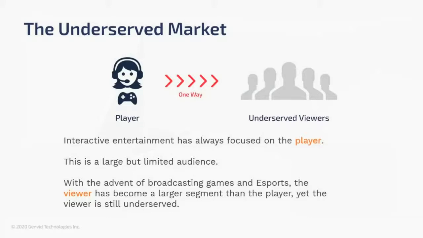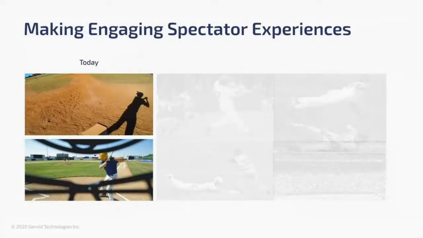Twitch had its best quarter ever in the first quarter of 2020, both in regards to hours watched and viewer counts on the platform. In terms of hours watched, Twitch jumped from 2.3 million to 3.1 million viewers between fourth quarter 2019 and first quarter 2020. The average viewer count went from 1.2 million at the end of 2019 to 1.4 million in February, and then 2.5 million in April. Now, clearly, the ongoing global pandemic caused a spike in viewership, but there was a significant growth well before COVID-19. So, why are viewers underserved?